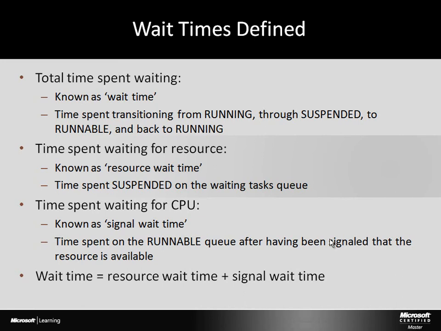The signal wait time is how long the thread spends on the runnable queue. Once it's been signaled that the resource is available, it gets put on the runnable queue, and then it has to wait until it reaches the head of the runnable queue and gets the CPU and becomes running again. So the total wait time is the amount of time that the thread spent on the waiting tasks queue being suspended, plus the signal wait time, the amount of time it spent on the runnable queue after the resource had become available,